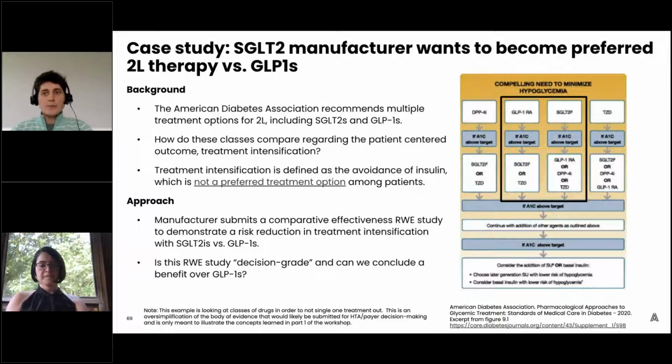So you could argue that maybe insulin could be cheaper, but there's likely medical costs associated with uncontrolled diabetes. Insulin is usually seen as a last resort treatment, and of course we want to avoid that. And then the route of administration for insulin is less attractive than other drug classes. So the idea of treatment intensification as a patient-relevant or patient-centered outcome is something that we want to study in